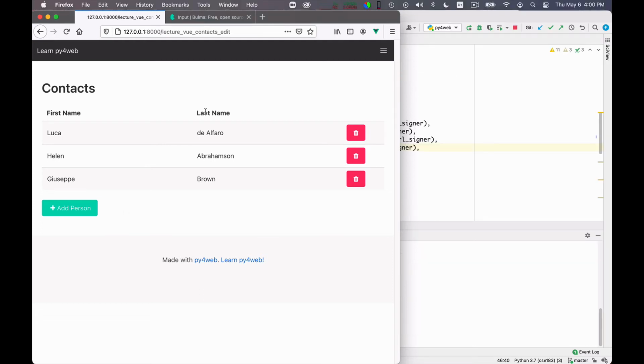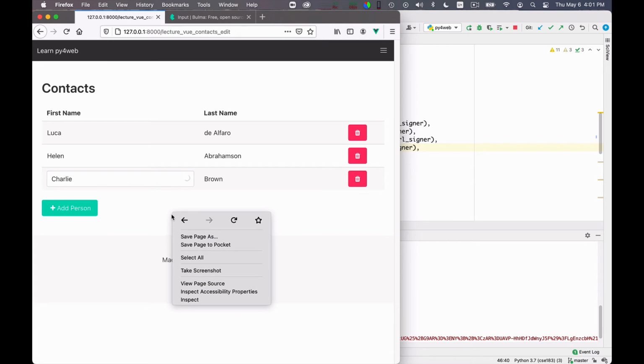To another disaster. So let me put this Giuseppe back to Charlie. Charlie, click. Nothing happens. Why? If nothing happens here, of course you need to look at the console first, but the error can be anywhere, right? It could be in the JavaScript, it could be in the network, or it could be in the server. So let's look at it a moment.